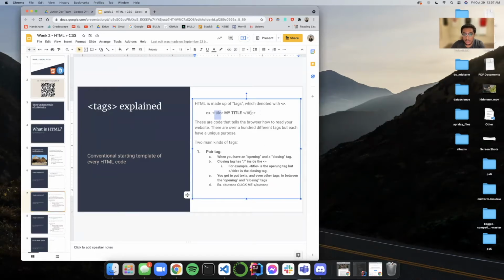For this example, title is a pair tag because there's a title here, but pay attention to this little slash, that's a closing tag. What that allows you to do is apply whatever this tag does to the thing in between it. So when I say you put that in between the tags, this is what it means. And the other one is called